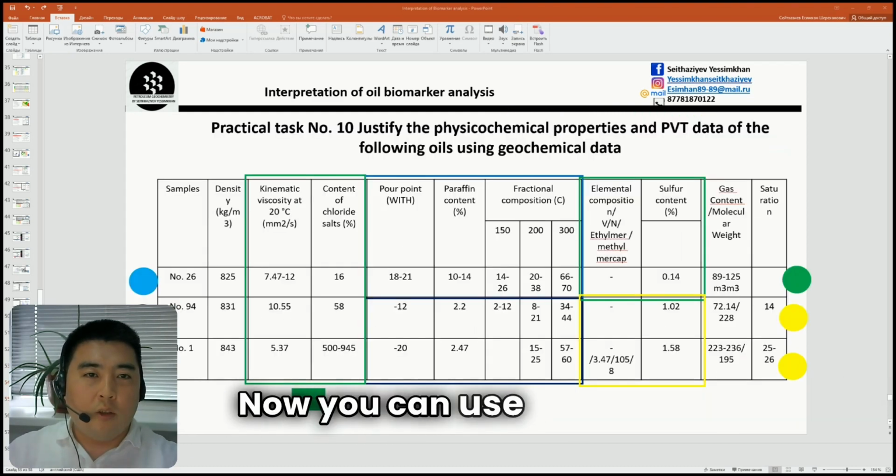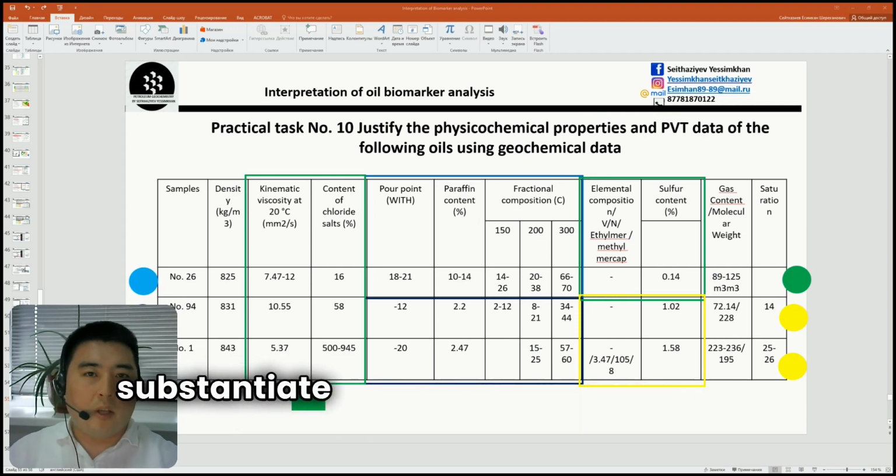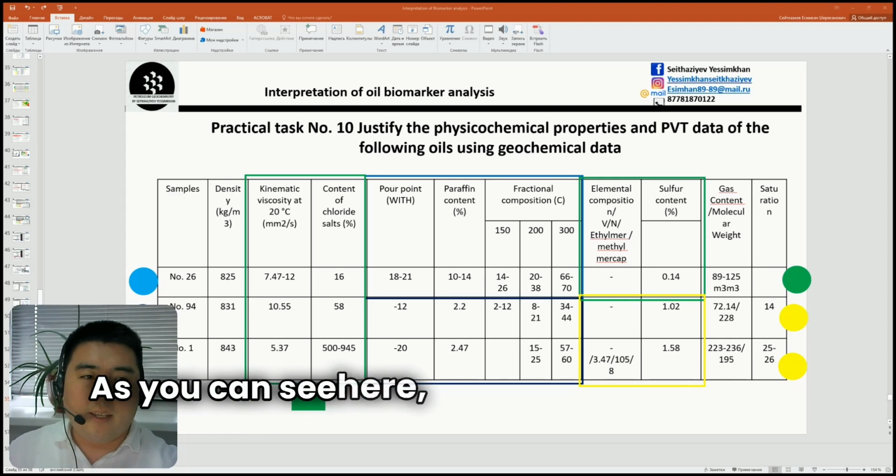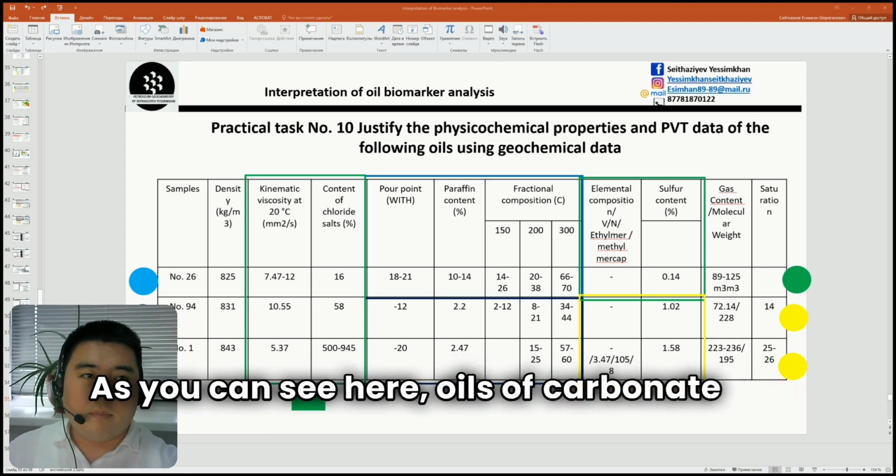Now you can use them to substantiate the physical and chemical properties. As you can see here, oils of carbonate have higher